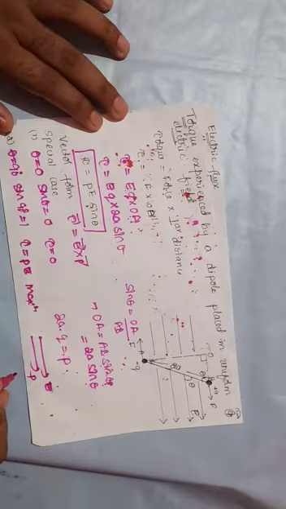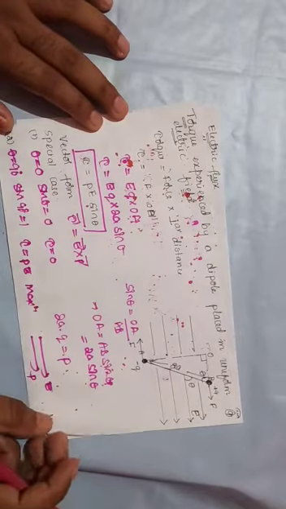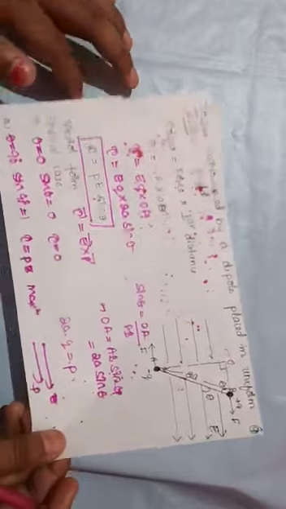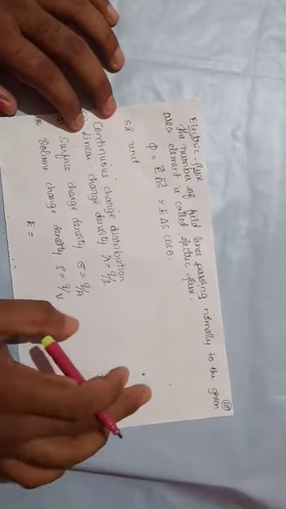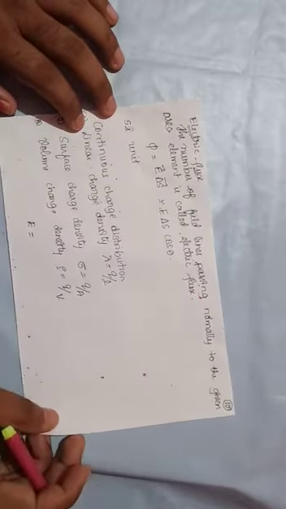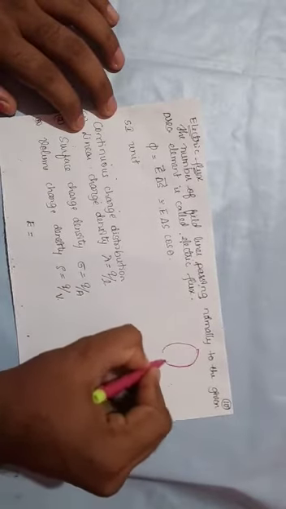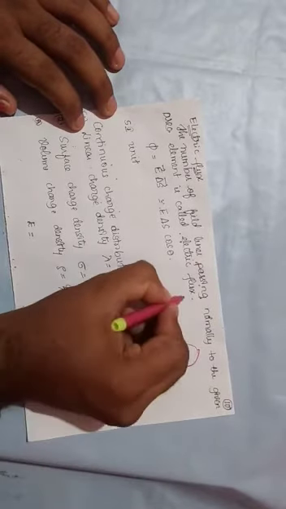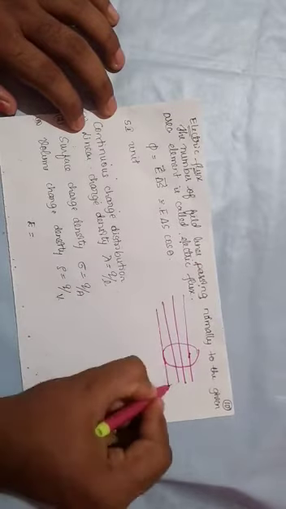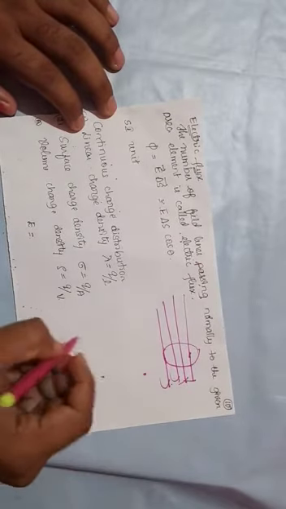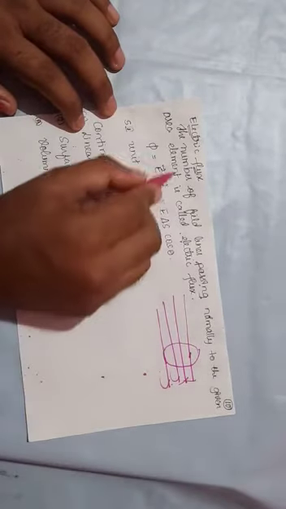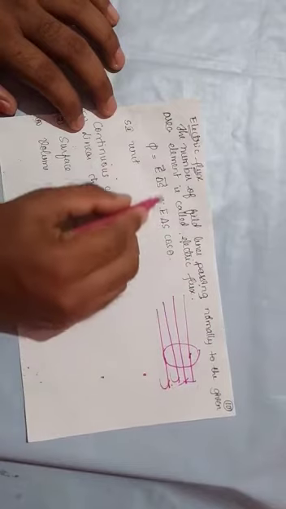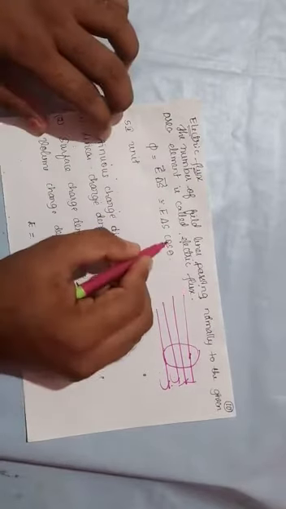So okay, this is all about the torque. After this, one more definition is electric flux. Electric flux is nothing but the number of field lines passing normally to the given area element. If it is one area element, and all the electric field lines are passing normally to this area element, then these, collectively, are called electric flux. The number of field lines passing normally to the given area element is called electric flux.